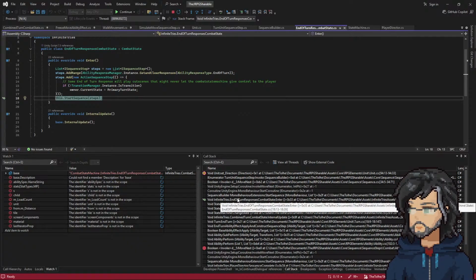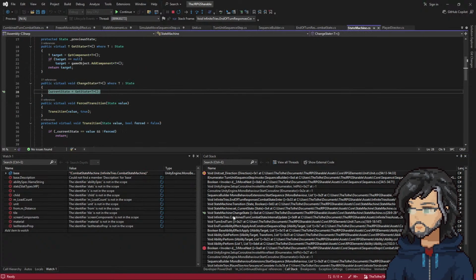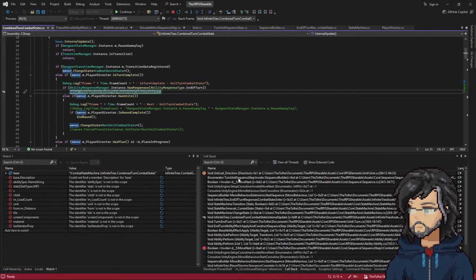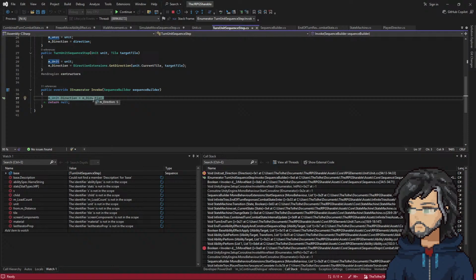And it does that very quickly in a very fast fashion. And when it does that, it looks like it is changing its direction. And it's going to do that for every